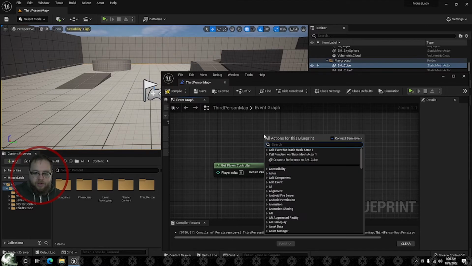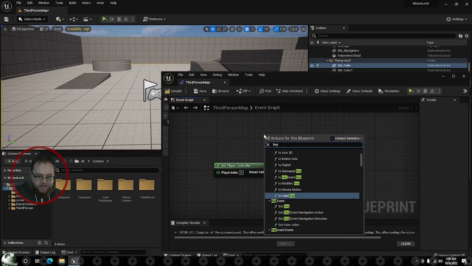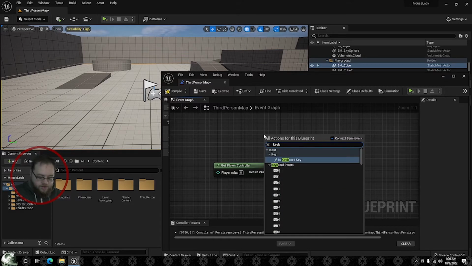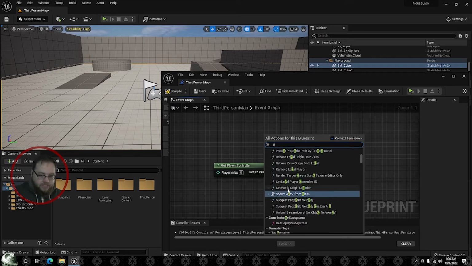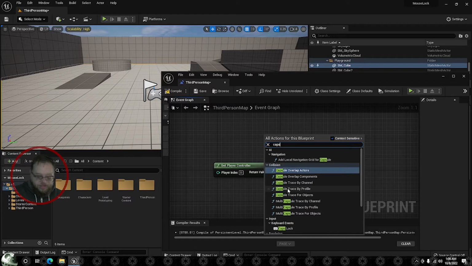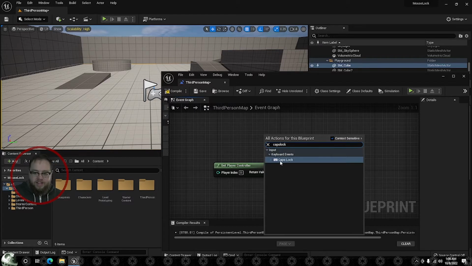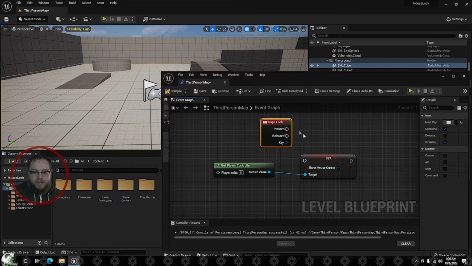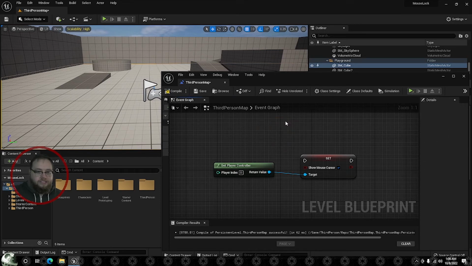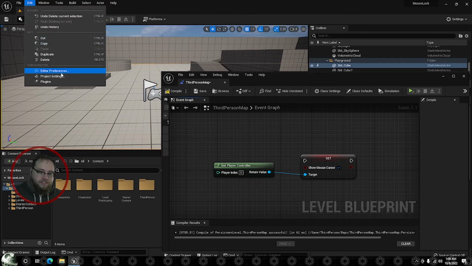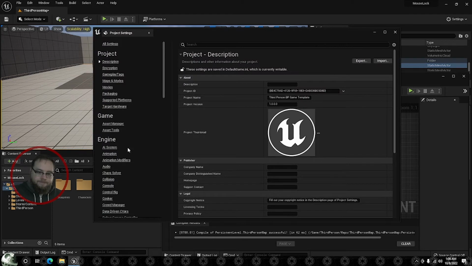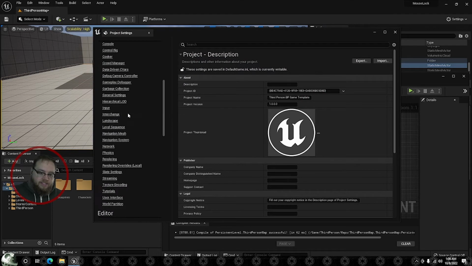Now, the quick and dirty way is to say, okay, keyboard, and pick one of the different keys. In my particular case, I want to use caps lock, so I could just look up caps lock. I could grab it, or the proper way would actually be to go to edit, project settings,